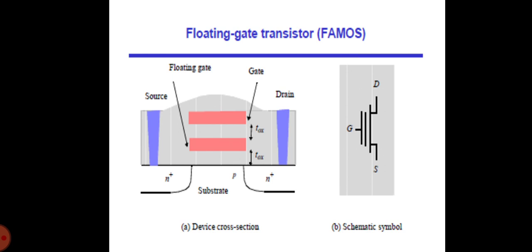Typically, the resulting threshold voltage is around 7 volt, and thus 5 volt gate-source voltage is not sufficient to turn on the transistor, and the device is effectively disabled. The charge injected onto the floating gate effectively shifts the IV curves of the transistors. So curve A is for the 0 state, while curve B stands for the transistor with the VT shift representing the 1 state. It can be established that the value of the VT shift is expressed as delta VT equal to minus delta QFG divided by CFC.